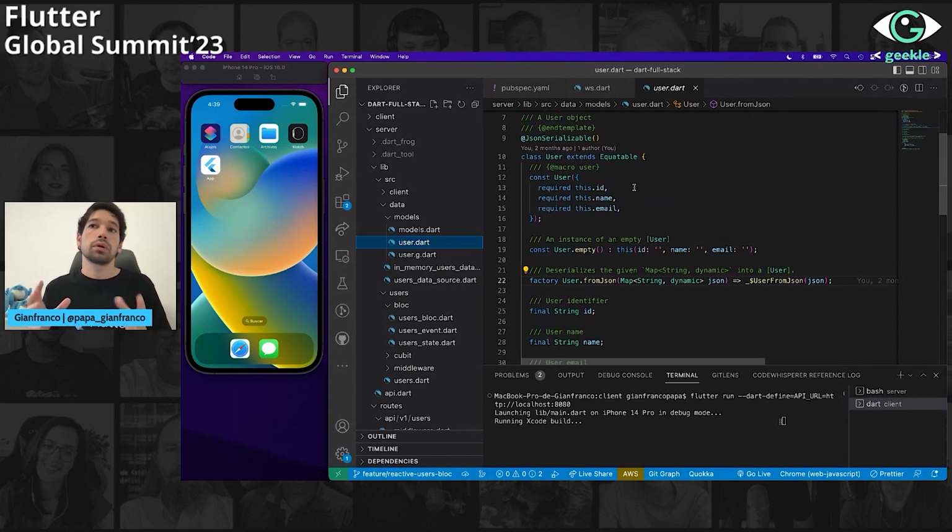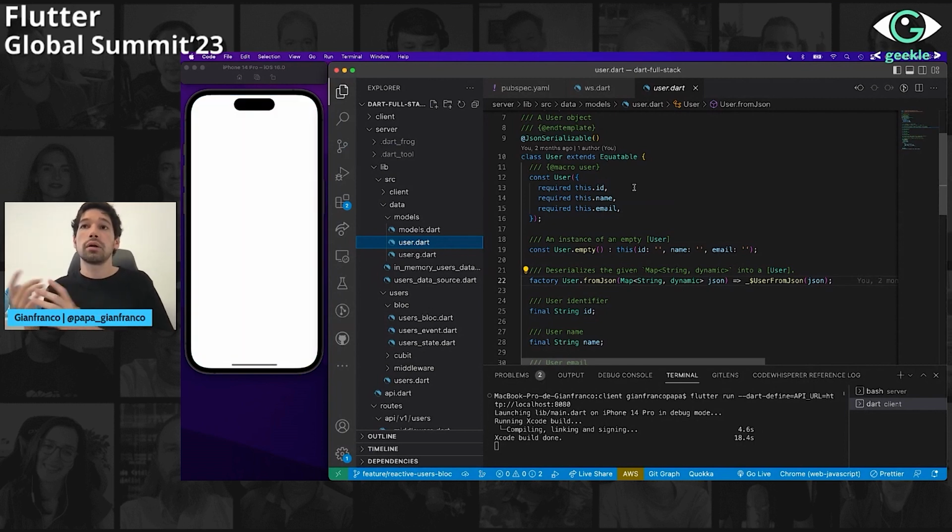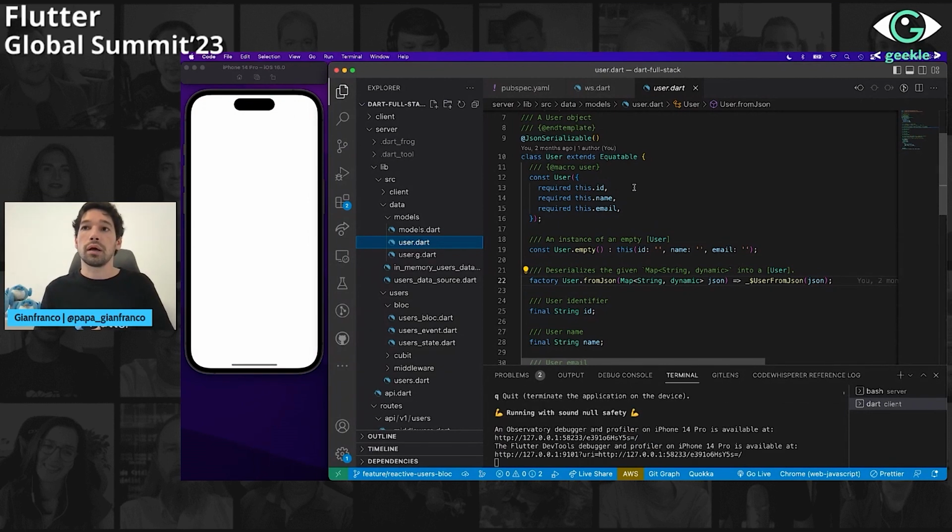And this really speeds things up because we have a single source of truth, and those are some of the advantages of using everything in Dart, right? And also, as we explained, the fact that you have access to all of the libraries that normally are used in Flutter, or even the patterns that you use, such as BLoC, right?